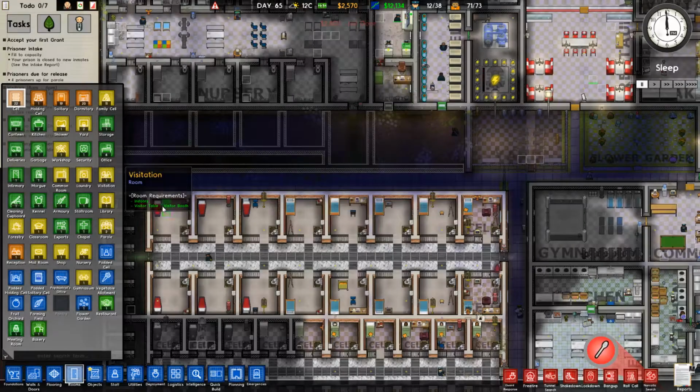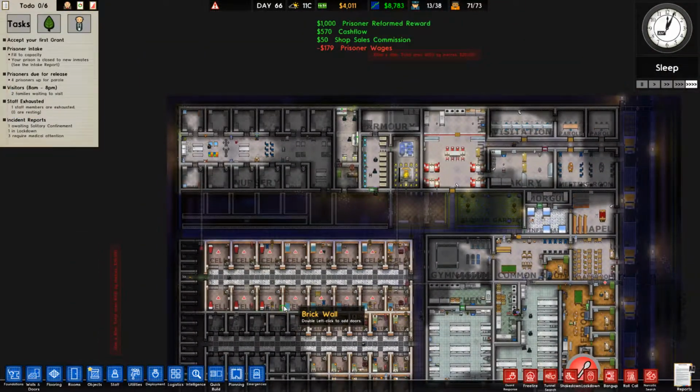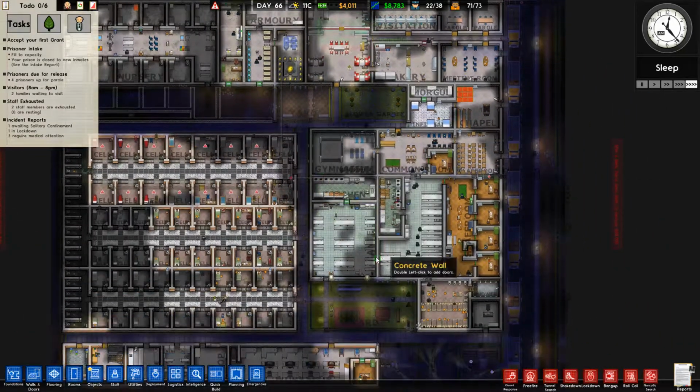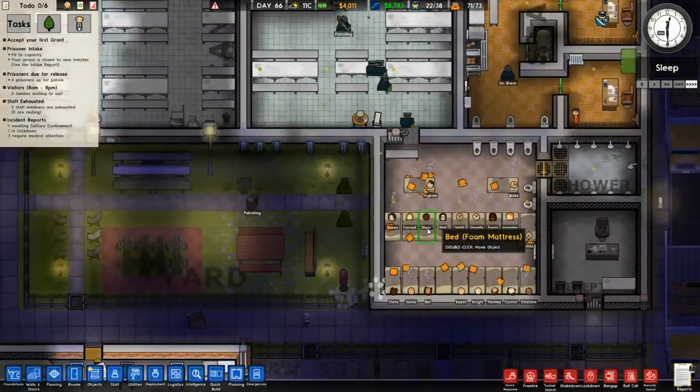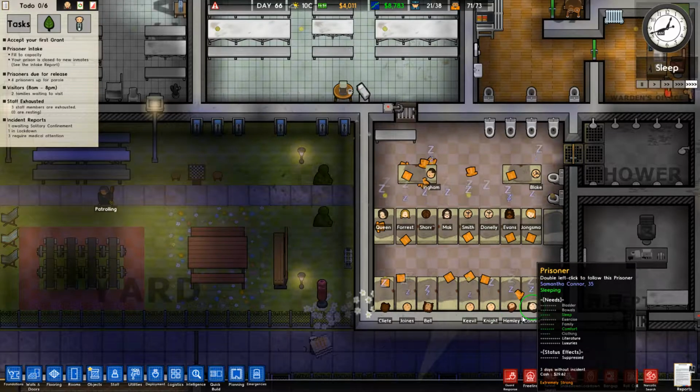entirely. Cells, yoinkity, yoinkity. Clean. Another prisoner was reformed. Nice. So, we have 19 out of...